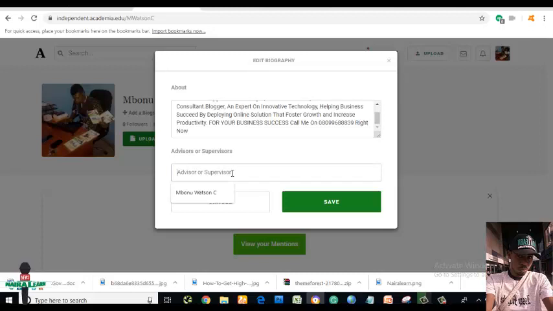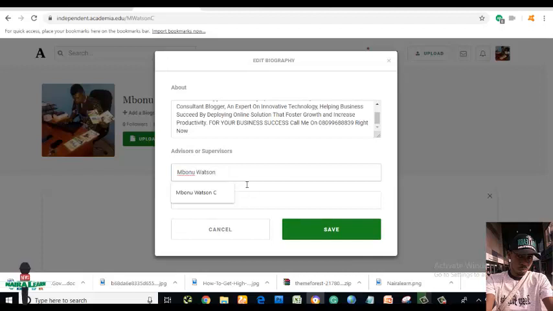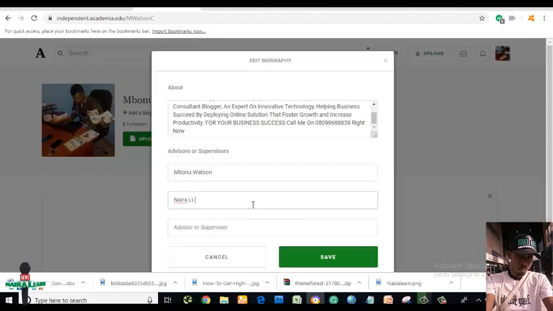Supervisor. Use Steve Bonowaxen. Okay, that is one. Another one, Naira. Then you can have more than 1 or 2 supervisors. You can click on